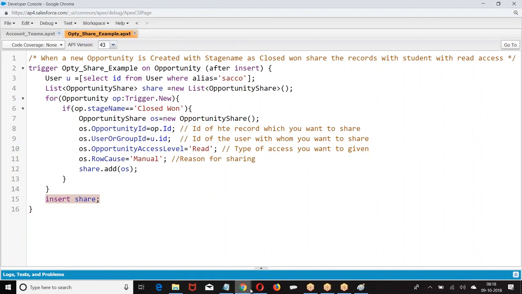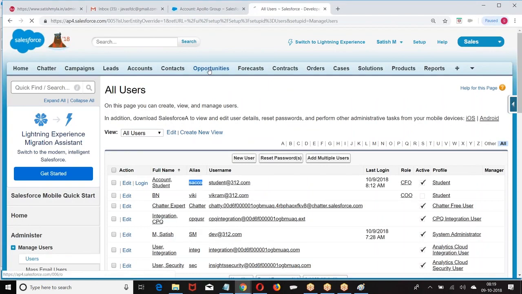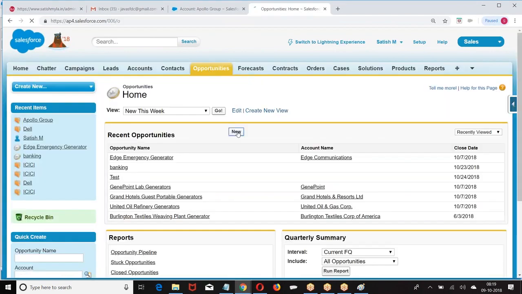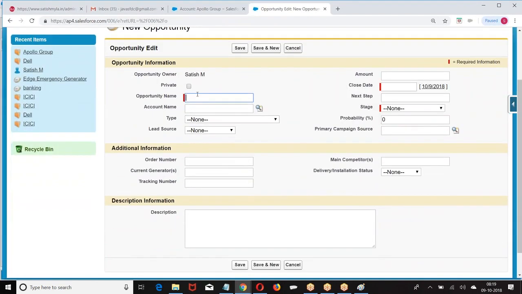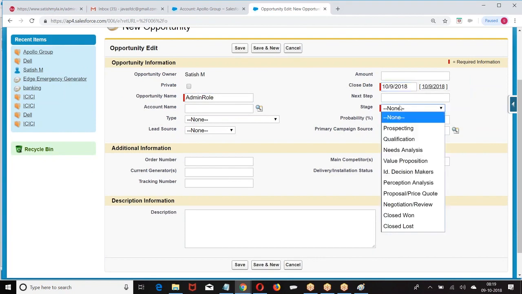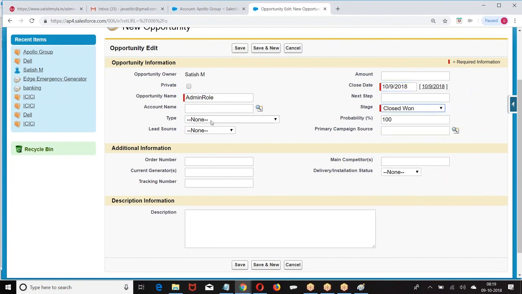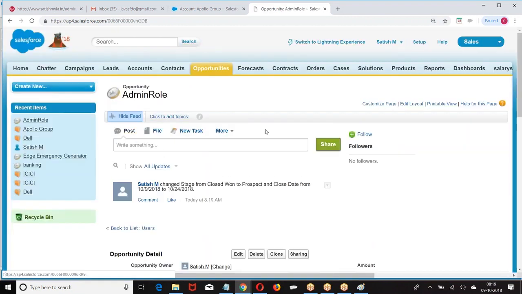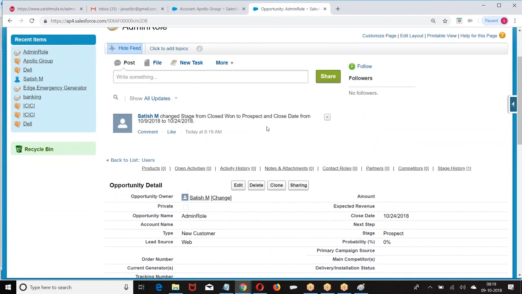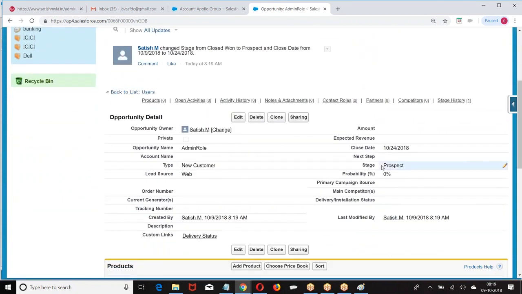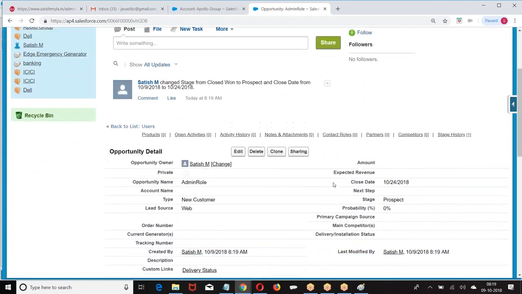Okay. Then what I'm doing, go back to the opportunity, try to create a new opportunity here. Now I'm creating closure one. So whenever a new opportunity is created, what was the problem here?